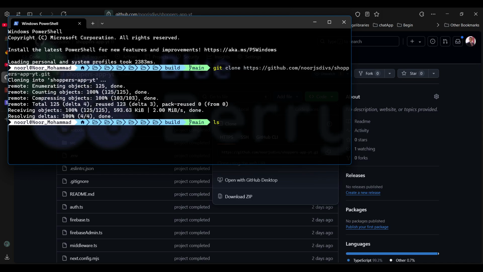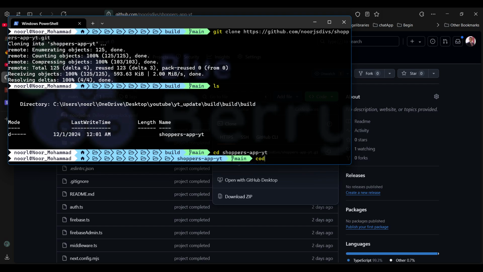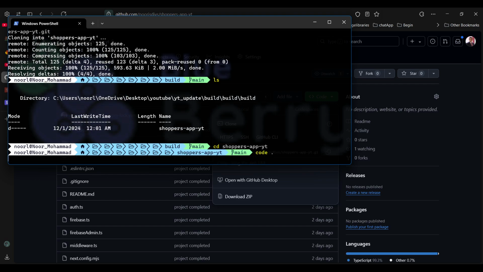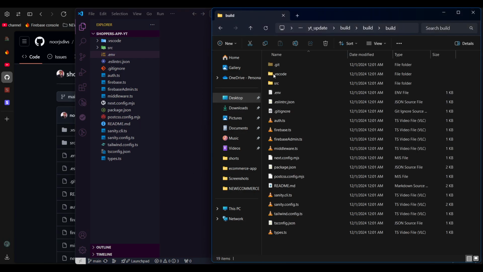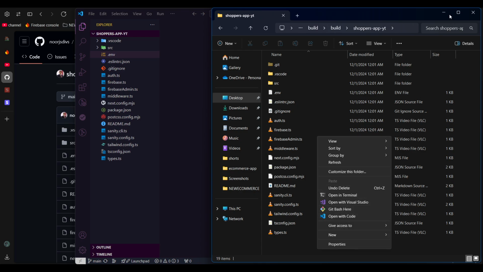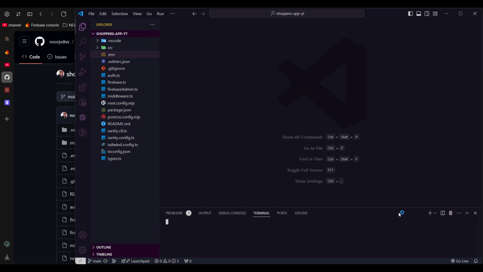If I put ls, you see that it's just cloned already. So let's say cd into that shoppers app YT, and I'm going to open it within the code editor. Also, you can do that by simply going to the project structure and opening it within your code. Okay, so now the first thing you need to do is install all the dependencies,